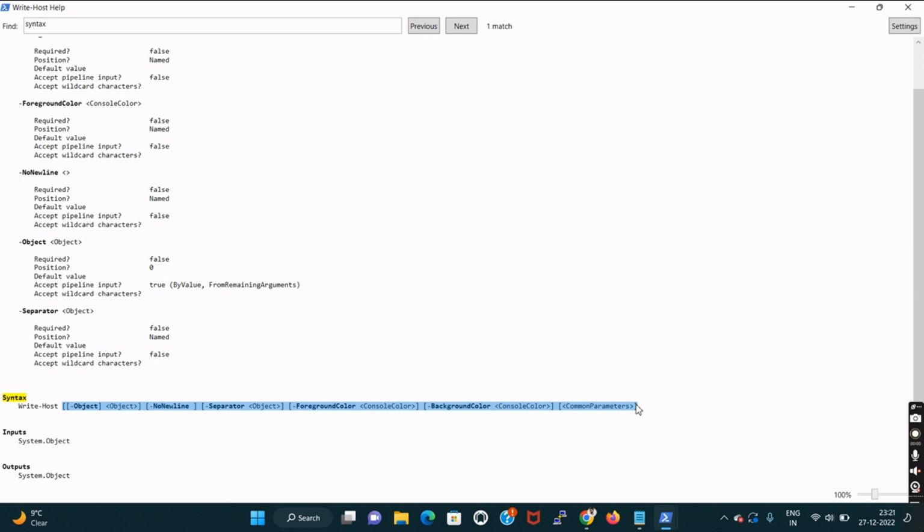Mark this line. Okay, so there should be a space. But here, one more thing: there is an object. What is this? Here the user has to give the data, right? Which kind of data? Object, string, array. Whatever data the user is giving for the command is stored in this parameter,